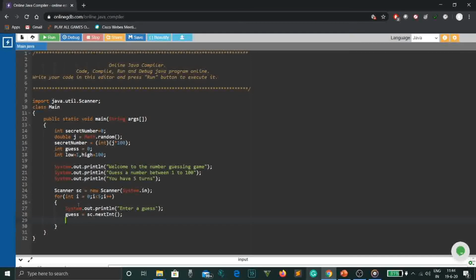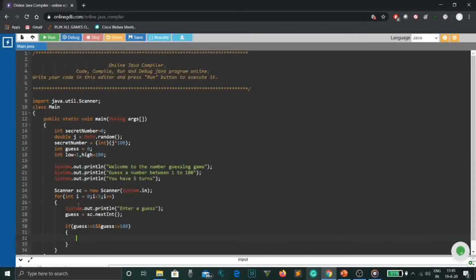Now we open the scope once again, and inside of this, if the above condition is satisfied, then this condition will check: if guess == secretNumber. Then inside of this, we again open a scope.